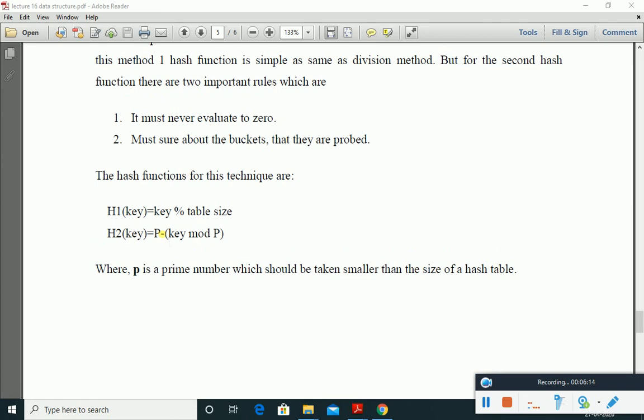The first hash function can be a division method, and in the second hash function we will divide our key value by a prime number, and then we will get two hash values. One is from the first hash function and the second is from the second hash function. Then we will take the mean of the first hash key and the second hash key, and that mean will work as the final hash key for our hash table.